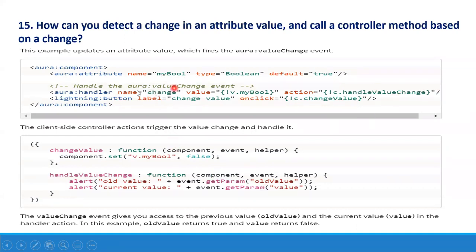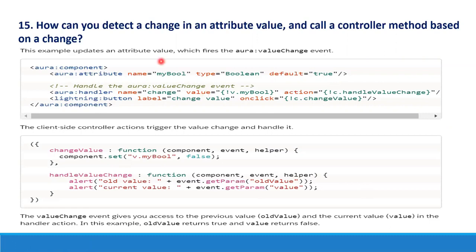The system event aura:valueChange. You remember we discussed this. Here you can see they give the old value and new value also. This event executes whenever the attribute value is changed.